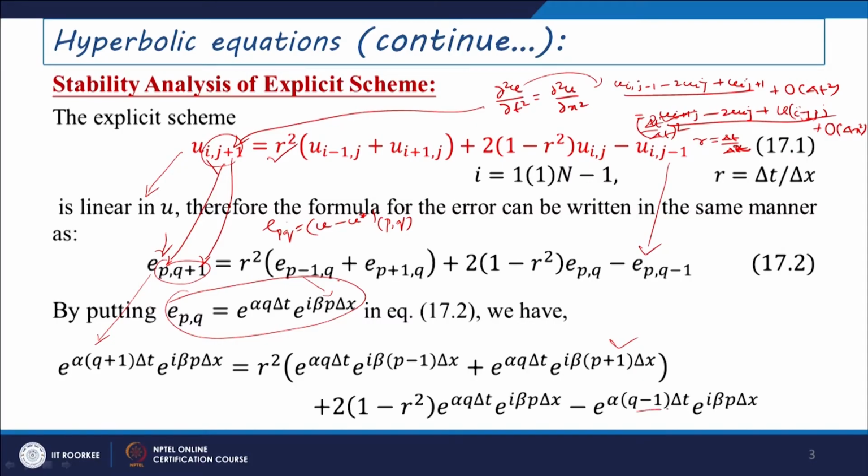So, q minus 1 del t e to the power I beta p delta x. If you cancel some of these coefficient terms, we can get this equation as